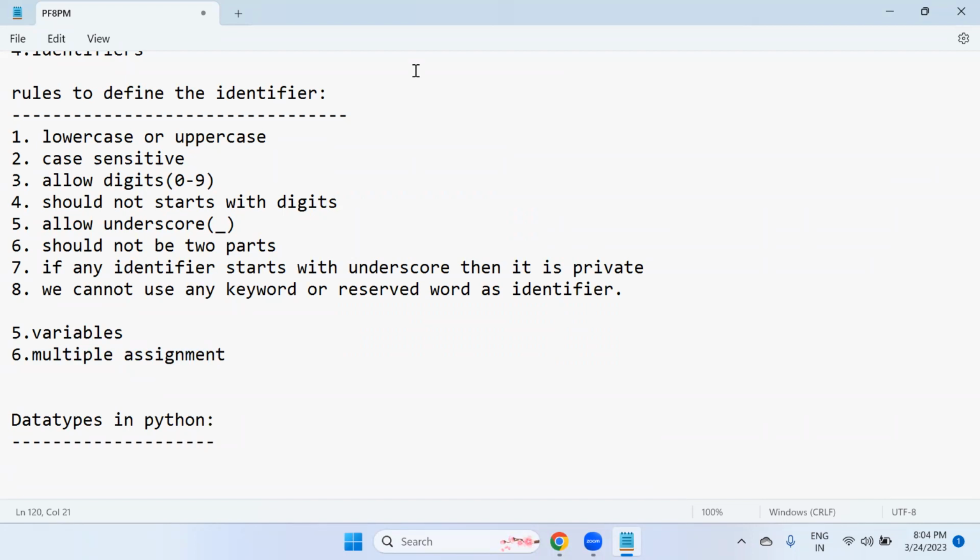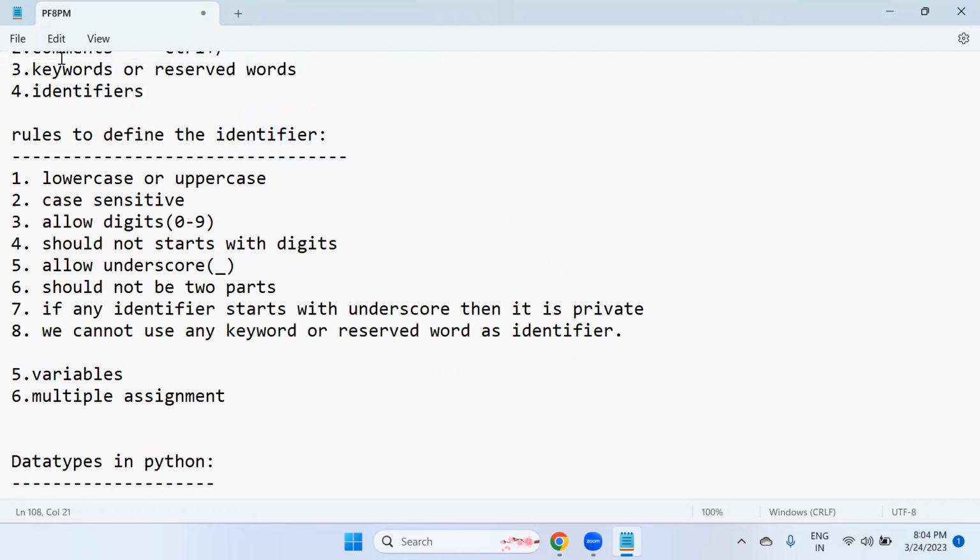So what is a variable? So I can say that a variable is also called an identifier, or not? Yes, because as I said in the last session, identifier means it can be any name in Python. So variable name, class name, function name, any name is called an identifier.